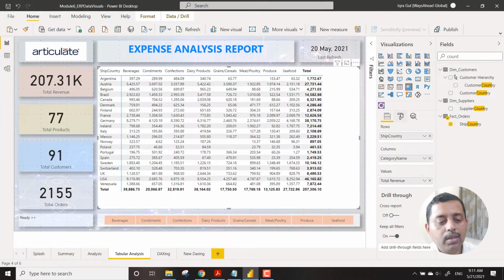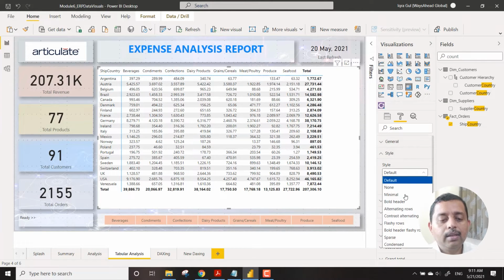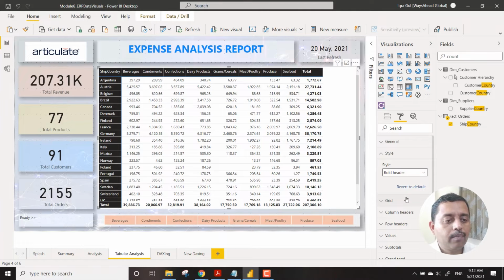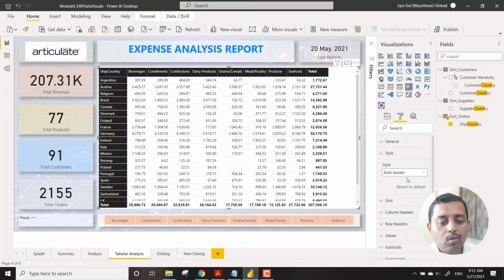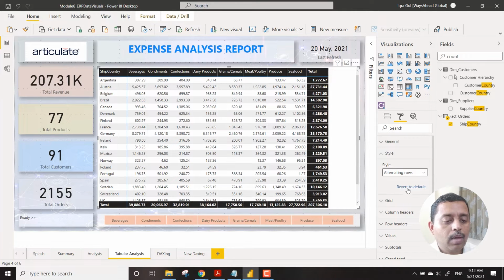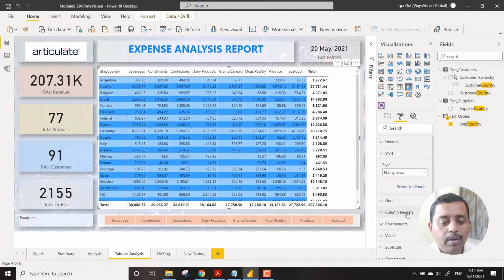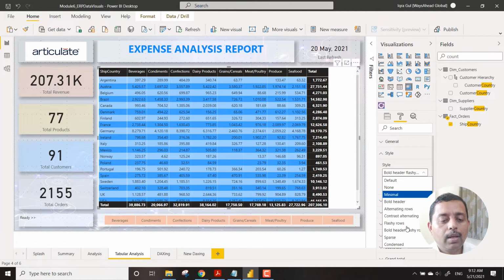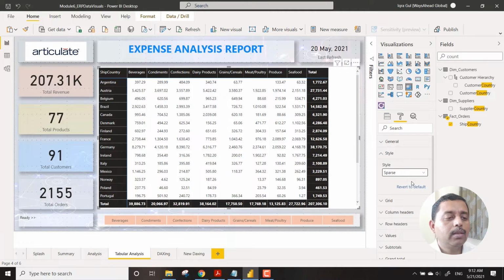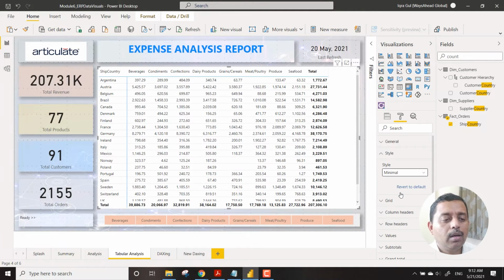Now you can apply some style. It is better to have different types of options you can bring in over here, like this. This is a very different type of look and feel, but this look and feel is fine.